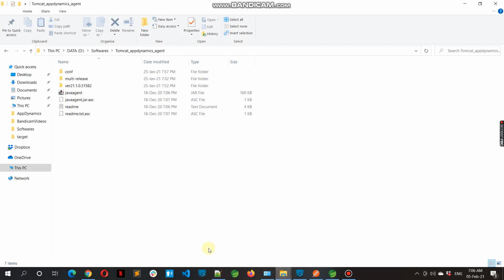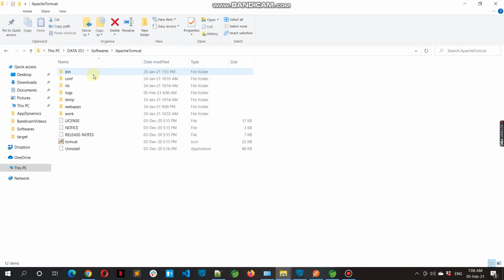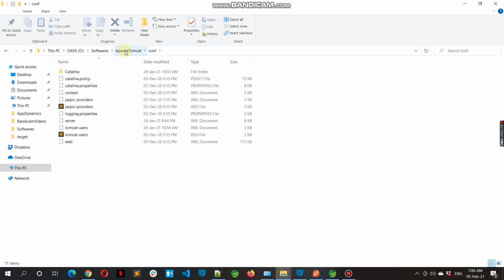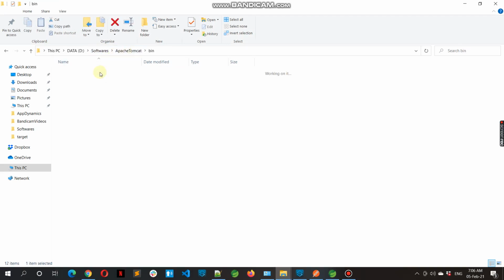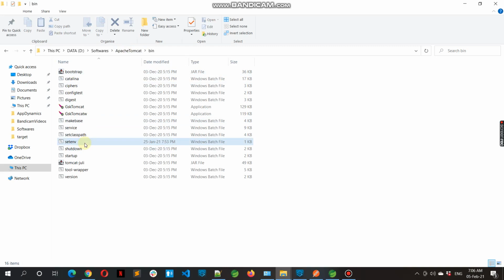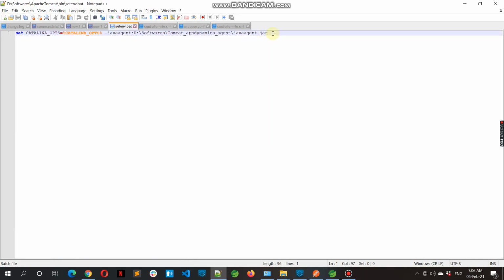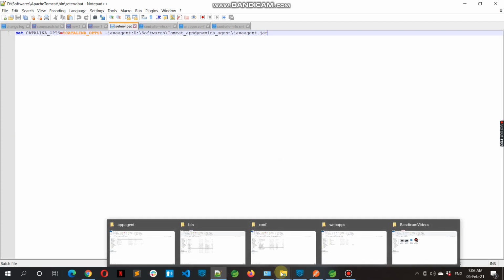Okay, and now coming to Tomcat, in a similar way, for integrating Tomcat with AppDynamics, we need to go to the bin folder of Tomcat. We need to create one batch file, and in that batch file I need to mention the agent jar location. We will be mentioning it in the setenv.bat file,